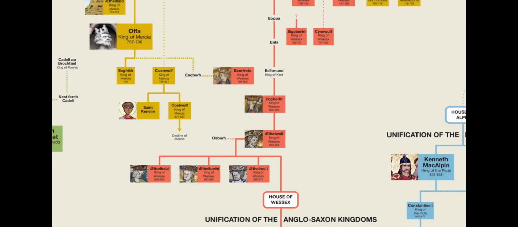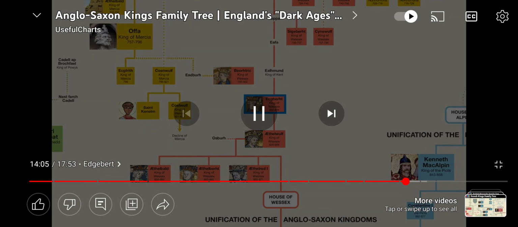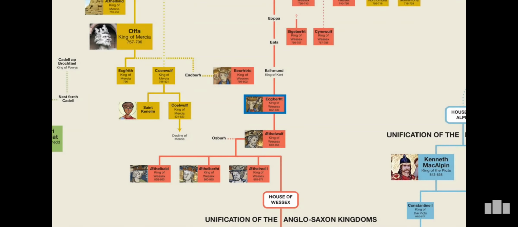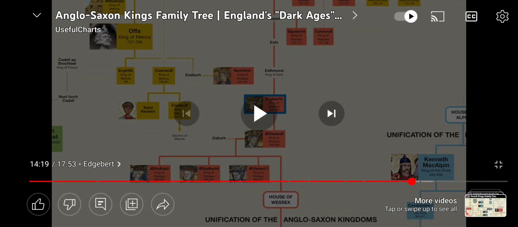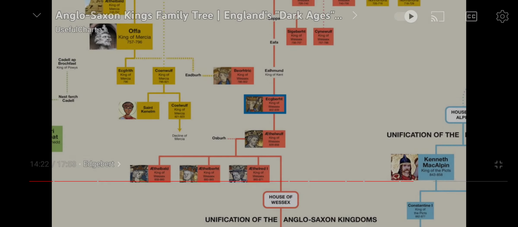The throne of Wessex jumped around between several more distant relatives. That all changed with the arrival of Egbert. Egbert was the great-great-grandson of Inna's brother, and his father had been appointed sub-king of Kent. Just prior to Egbert's reign, the throne of Wessex had been held by Beorhtric, a son-in-law, and therefore a likely puppet king of Offa. But Egbert managed to regain independence for Wessex, which was actually quite surprising, seeing the power Offa held, setting the stage for Wessex to become the new dominant power.